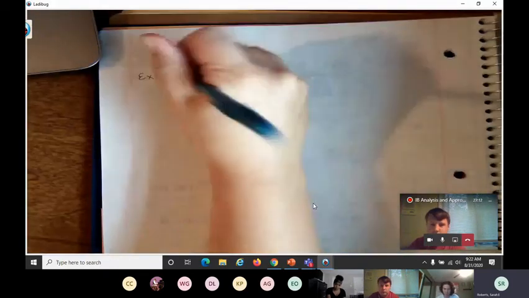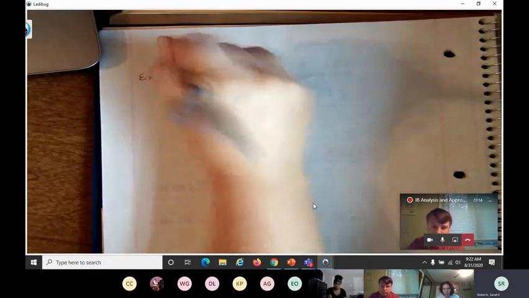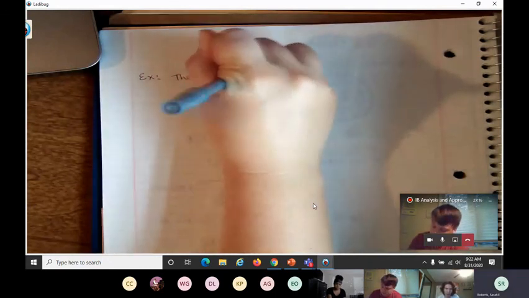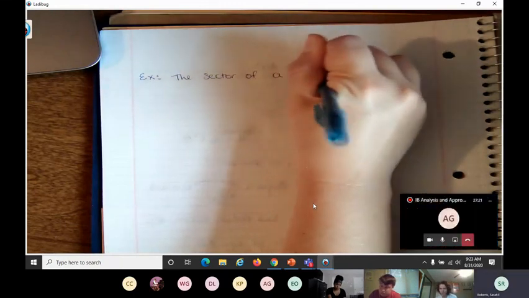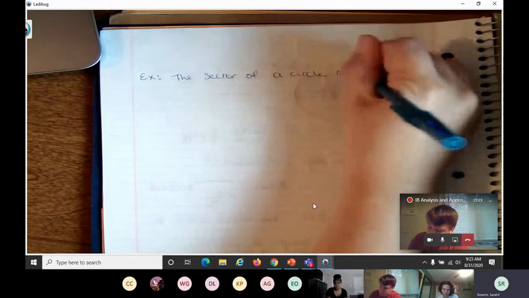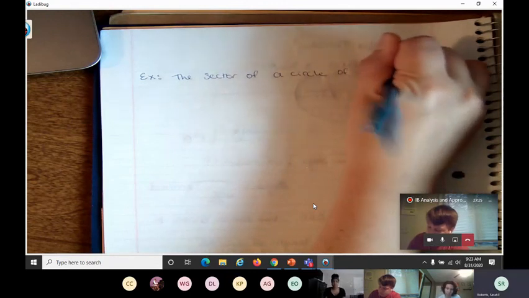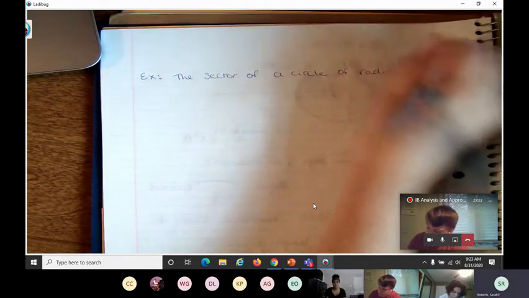So for the next one, we have the sector of a circle of radius 3 centimeters, subtends